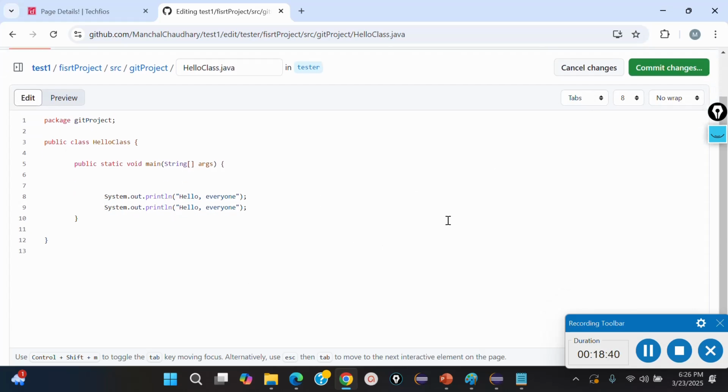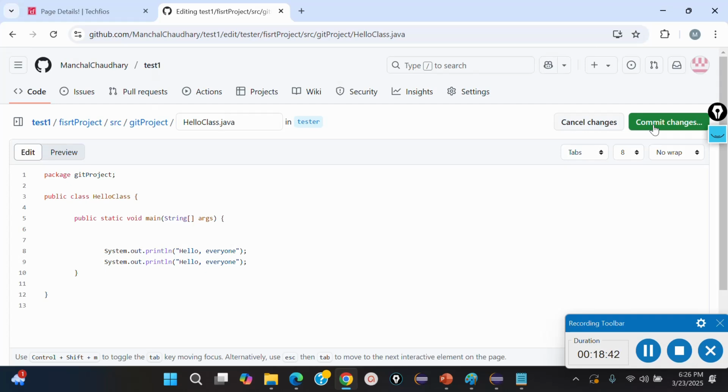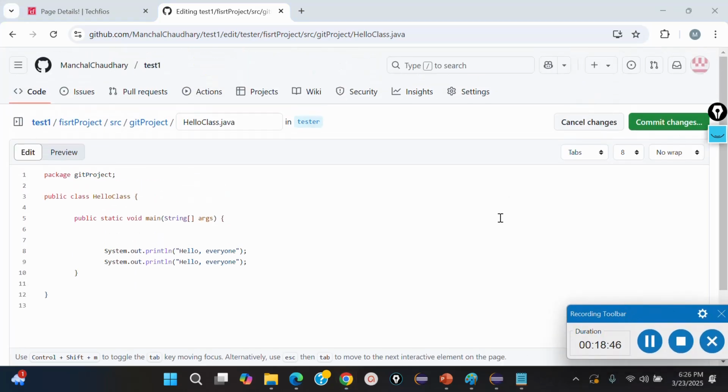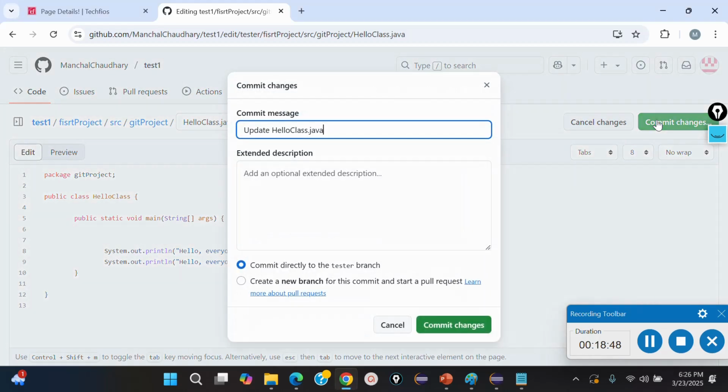So after this, what I will be doing is putting a commit for the changes. If I go down, there is nothing else to do. What I have to do is commit the changes. And here I will say another message added, right? So you have the options: commit directly to the tester branch, or